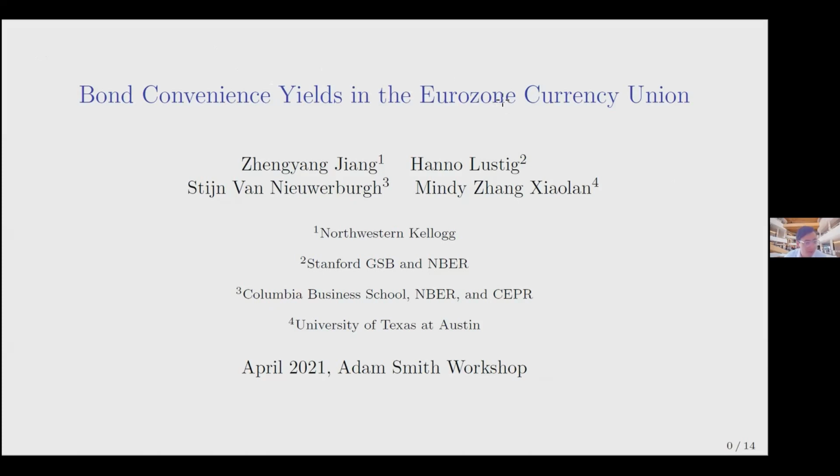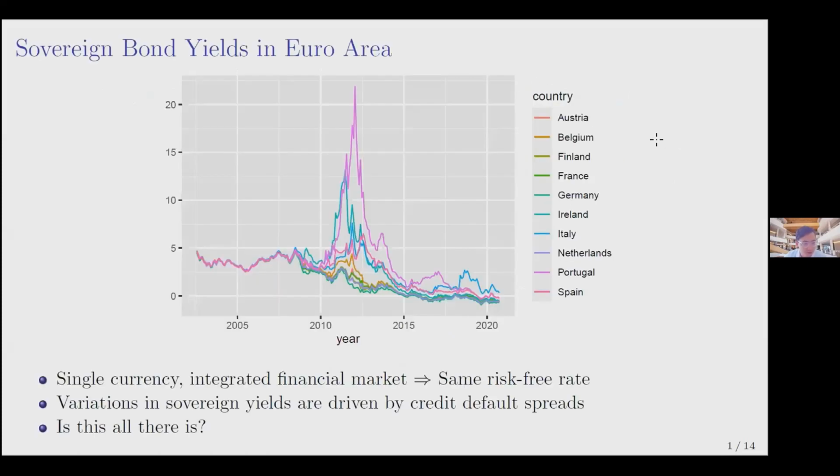In this paper, we're going to study the bond convenience yields in the Eurozone currency union. So to start, let me show you a picture of sovereign bond yields in the Euro area for the past 20 years. In this picture, different colored lines represent the time series of bond yields issued by the governments of different Euro area countries. We can see that since perhaps the financial crisis, different countries started to have very different yields. As we can see, a big dispersion, which was particularly big during the Eurozone debt crisis, but there was